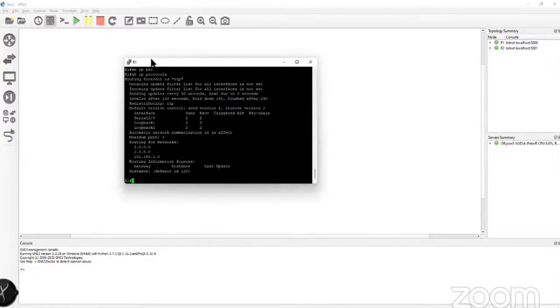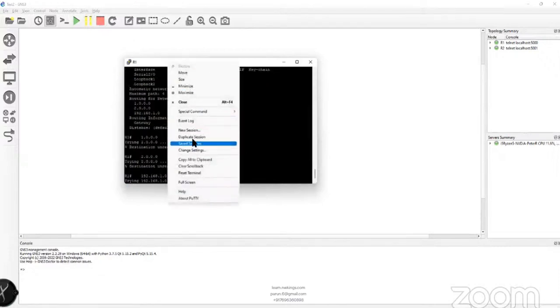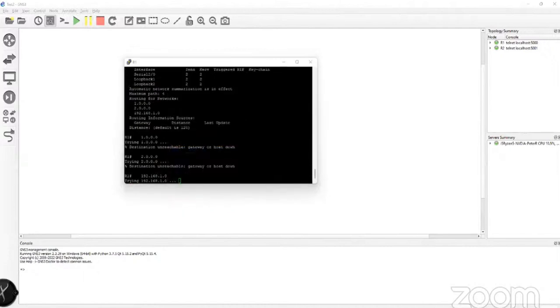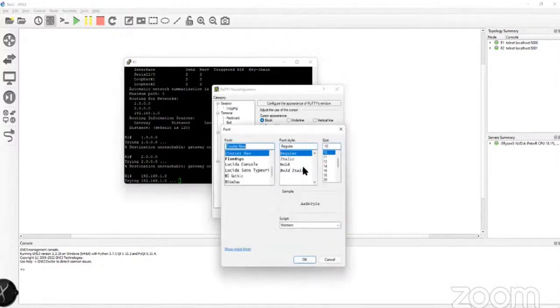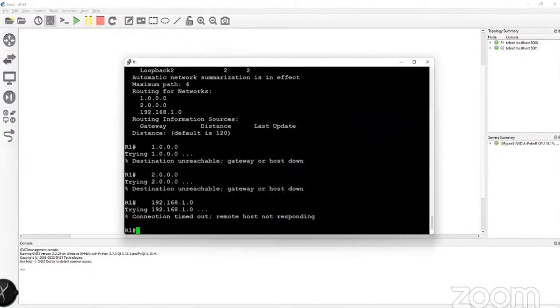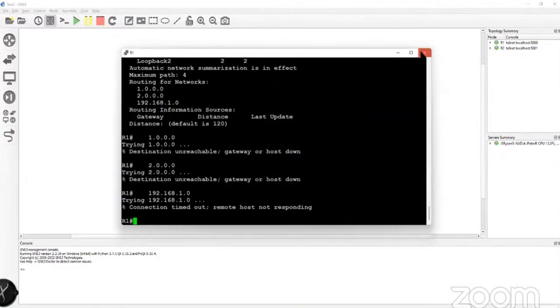Oh, font. Let me increase the font. I'm sorry. Change settings, appearance. Okay, now you should be able to see. Let's say bold. Now it's fine. Okay, so